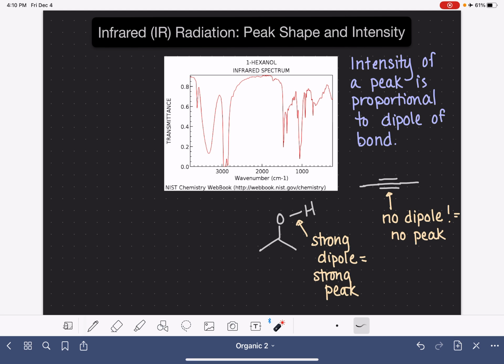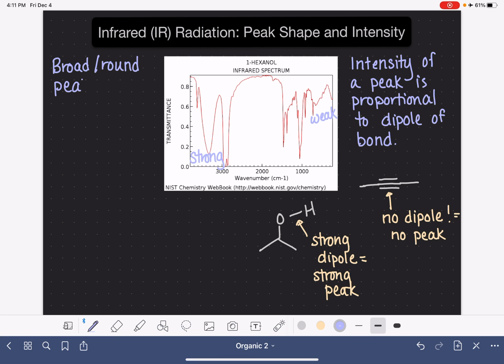So let's label a couple of these. This would be an example of a strong peak because it comes nice and low down to the bottom, and this would be an example of a weaker peak because it does not come down very far. Now in terms of the shape of the peak, we have some peaks that are very spiky and some peaks that are broad and rounded. Broad and round peaks